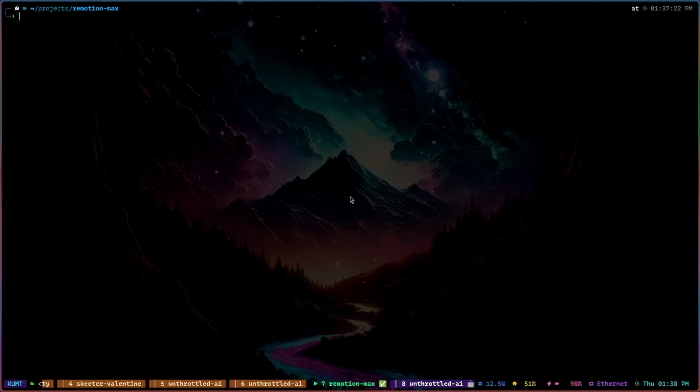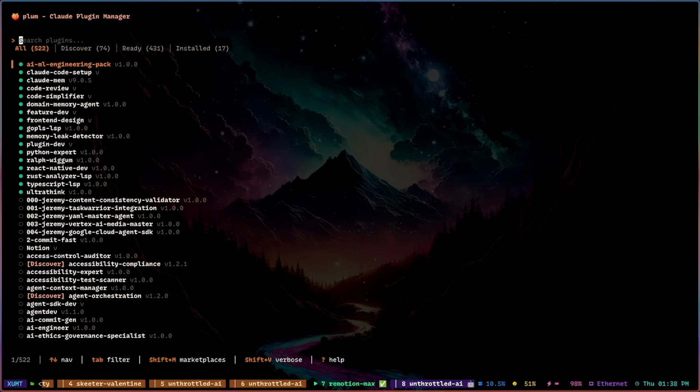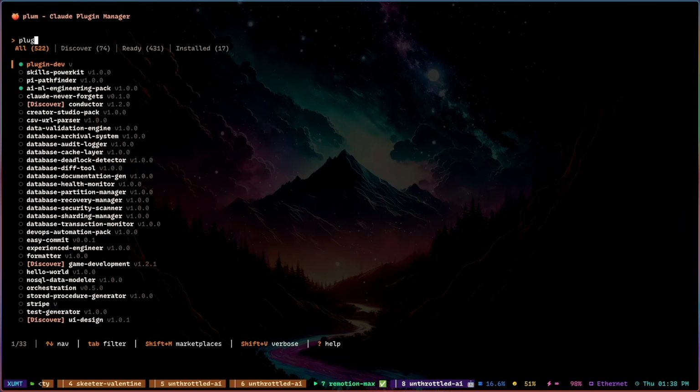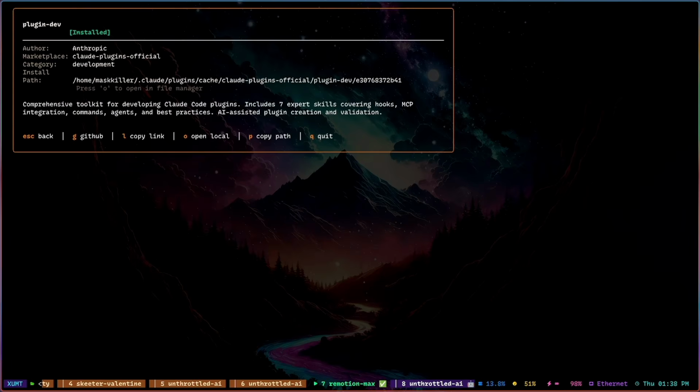And at this point, it is actually really easy to create skills. There are a lot of helpful plugins. For example, I'm going to pull up this project that I've been working on. Again, it's totally free. It's open source. I'm just using this because I use it a lot locally for my development, to look up a plugin called Plugin Dev. And this is actually just a catered skill that allows you to very easily and efficiently create skills,